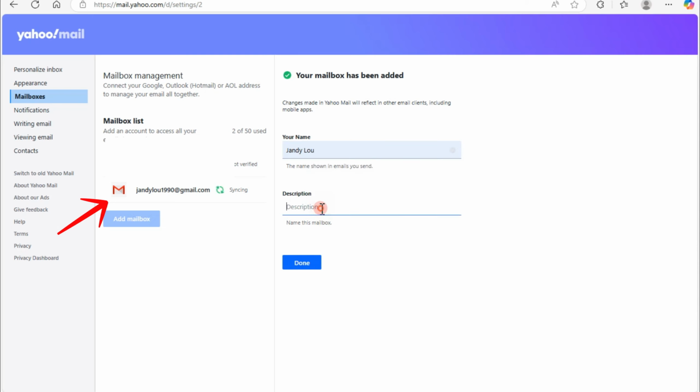And basically, that's it. If you have received a message, you can automatically forward your messages from Yahoo Mail to your